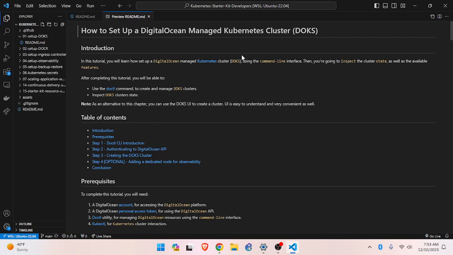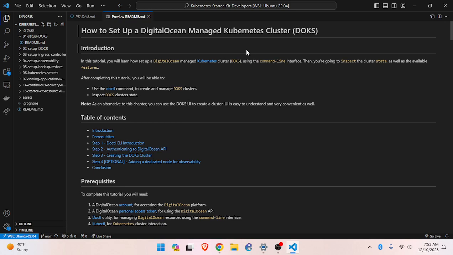In this tutorial, you will learn how to set up a DigitalOcean managed Kubernetes cluster. This acronym does not resolve to this. Okay. Using the command line interface. Then you are going to inspect the cluster state as well as the available features.